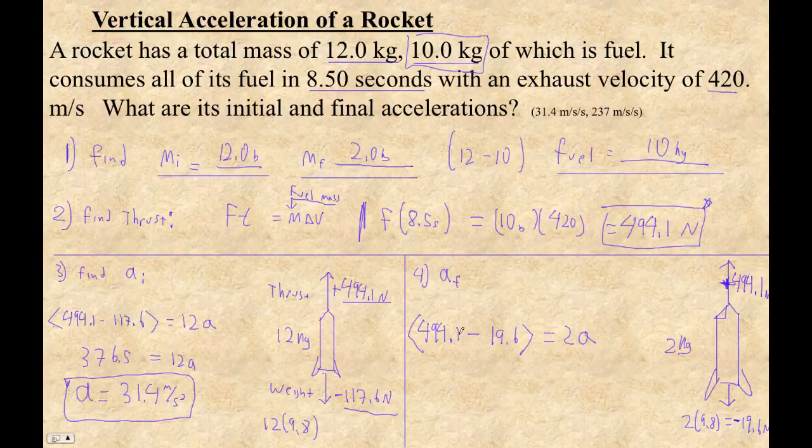One is that the force of gravity is less in this case, and the other is that the inertia is less. All right, so here we go. 494.1 minus 19.6 is 474.5, and that's 2A. So divide by 2. 237.25, right? So A is